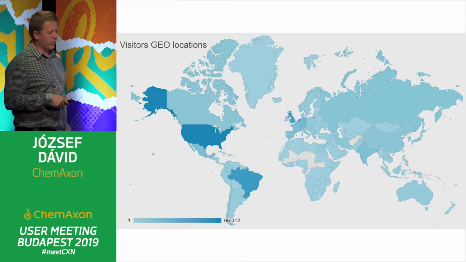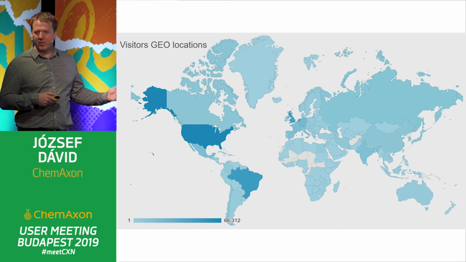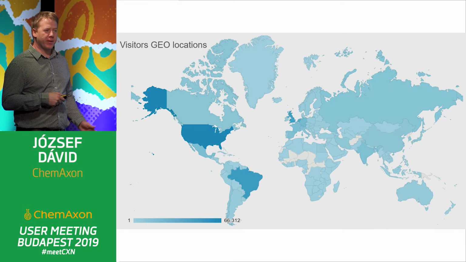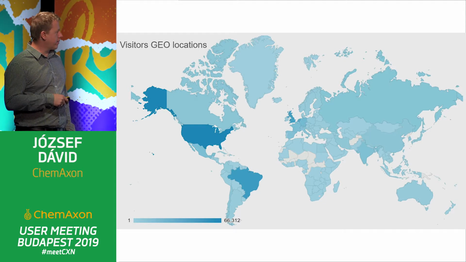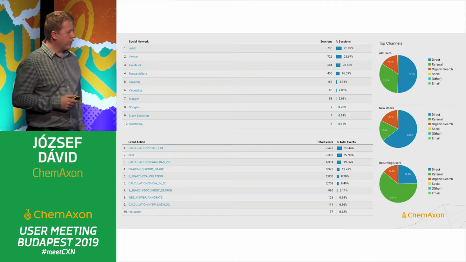This is the world, obviously. And the darker blue is the more users from that area. So you can see we pretty much cover the whole world. There are some, let's say, parts which we have more users from. That one is kind of interesting. Here, the rest is somehow expected. And also we